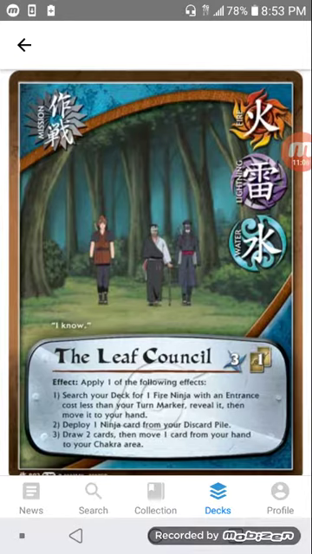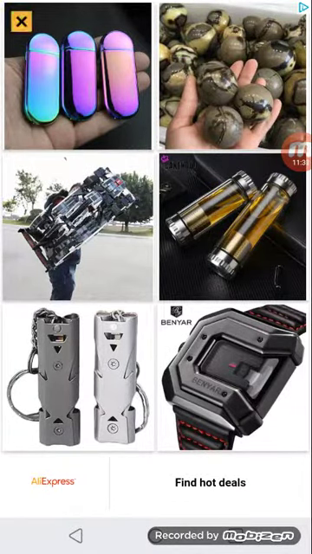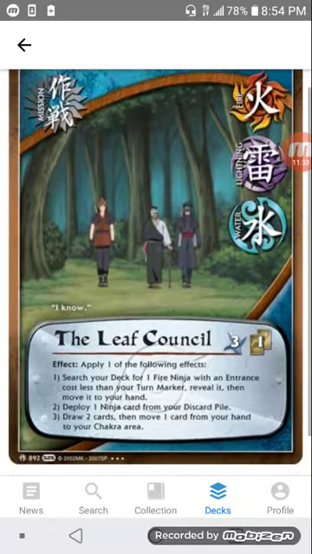The Leaf Council, of course, has both fire and lightning. This deck is largely fire and lightning with some water, so this meets all those requirements. Has a hand cost of 1. It's an Interest 3 card. Alright, so apply one of these effects. You get to choose one of these 3. The one you'll use the most, which was the idea of having this in the deck,